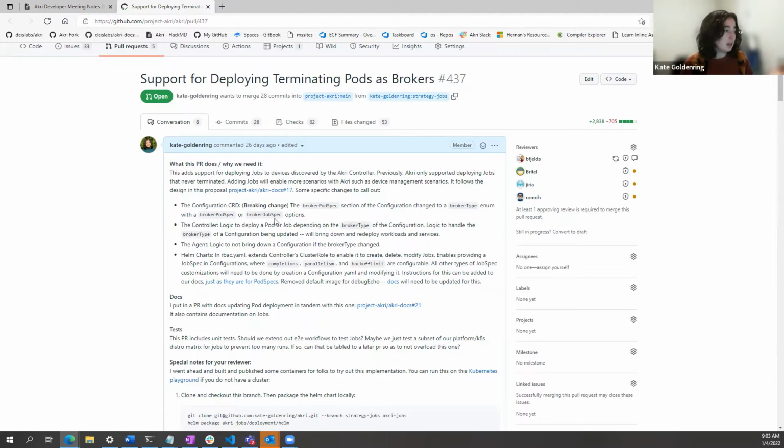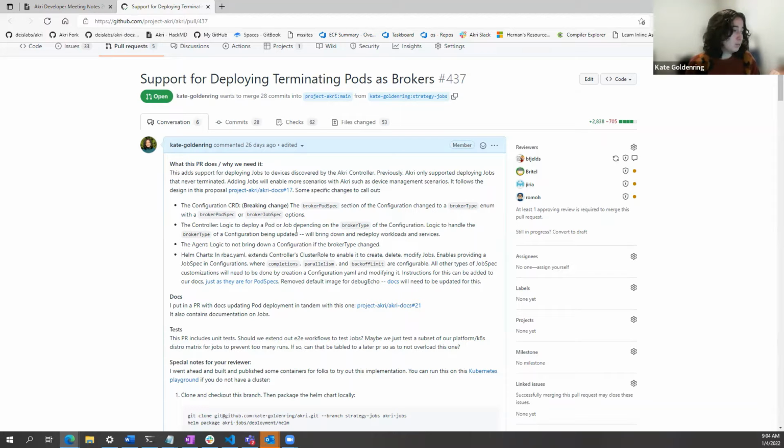It is a breaking change in the sense that it modifies that kind of deployment section of our configuration, but it expands the functionality. It doesn't limit what we currently had. So everything you can do with a job in Kubernetes, like specify parallelism, completion, back off limits, you can do with Akri. We literally are just deploying that job spec that you specify to each discovered device.